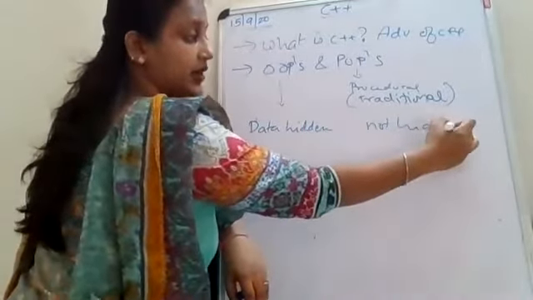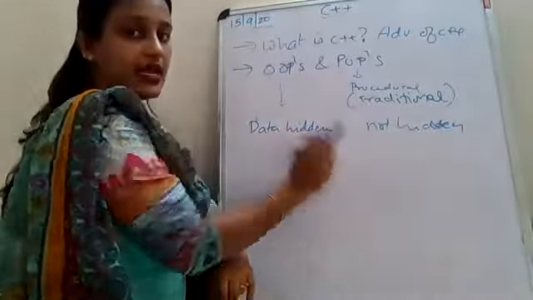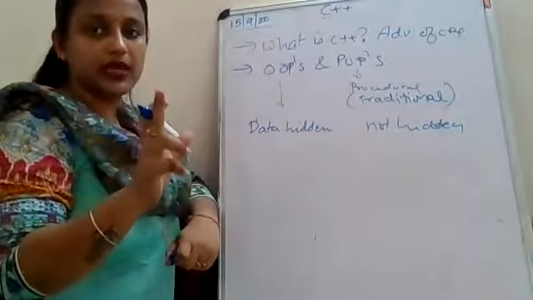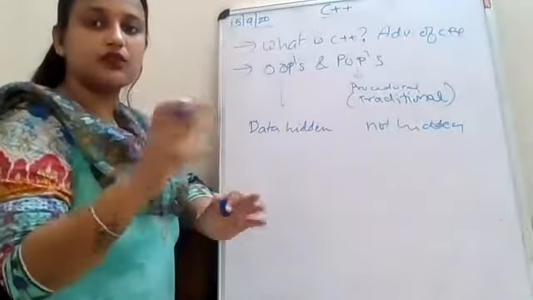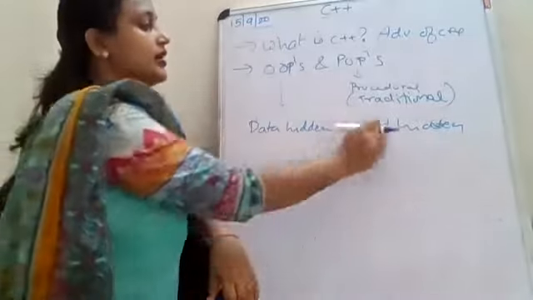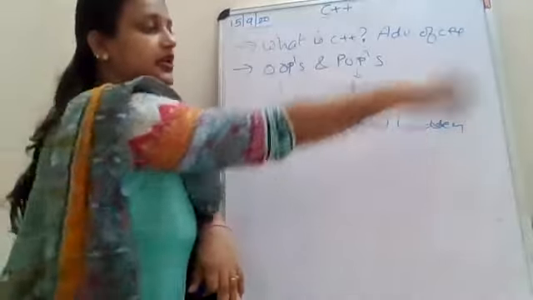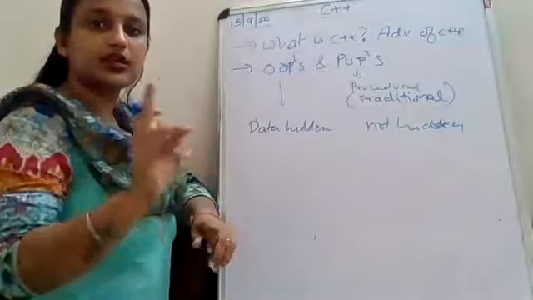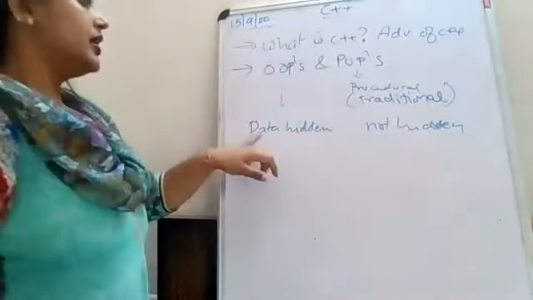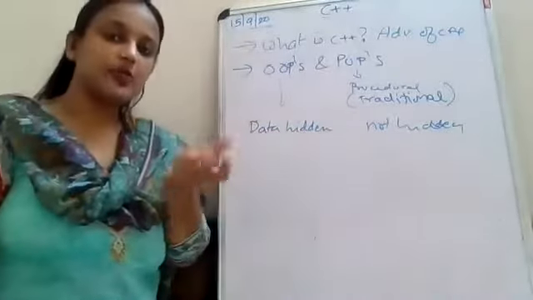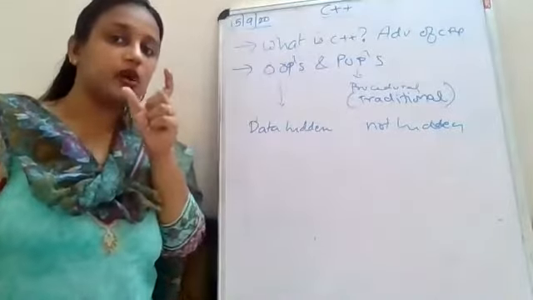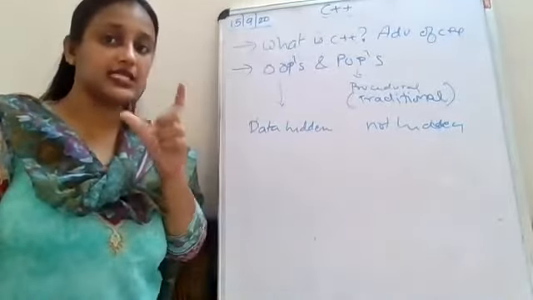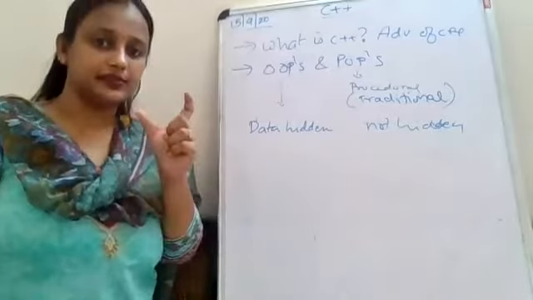मैं शॉर्टकट में लिख रही हूँ, नॉट हिडन. आपको पूरा लिखना है. मैं बहुत देखती हूँ आप लोग पेपर में, आप लोग इट फॉर वो सब कुछ लिखते नहीं हो. डेटा हिडन, नॉट हिडन. डेटा सिक्योरिटी, नॉट सिक्योरिटी. ये शॉर्टकट्स नहीं चलेंगे. ठीक है. Data is hidden in the terms of private. You use the keyword private to hide the data. You have an access specifier known as private. Okay.